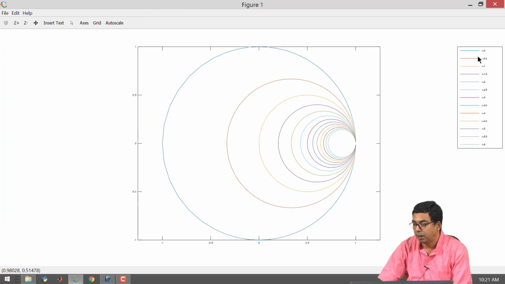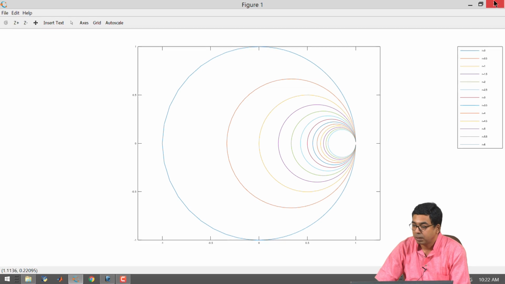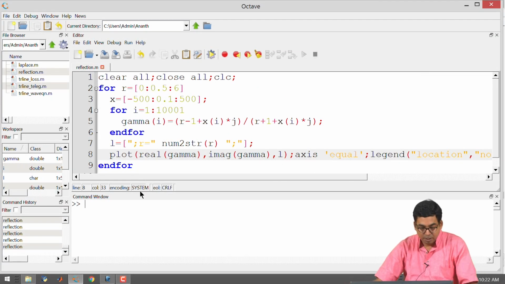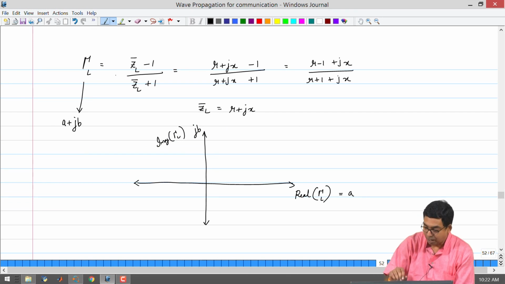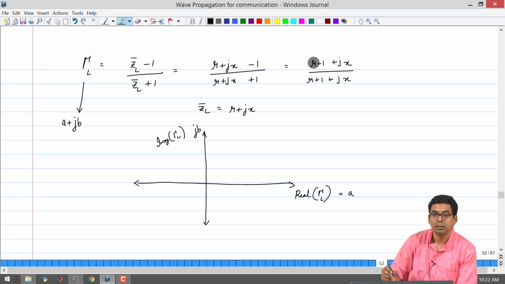Okay. So, now it is abundantly clear, for increasing values of r, the circle is reducing in radius, okay, and the center is moving towards the right, and that gives me an indication that at r equal to infinity it is going to be a point on the right side. Okay. I guess now you know where we are heading to. We are trying to see if we can construct a Smith chart, okay, and we are going to construct it on our own. Right. Now, the relationship between gamma L and the resistance should be clear.